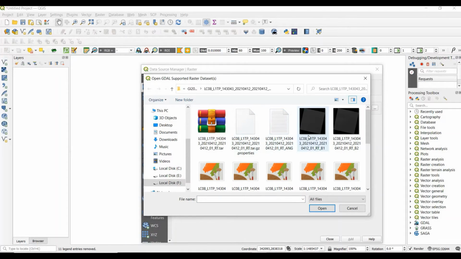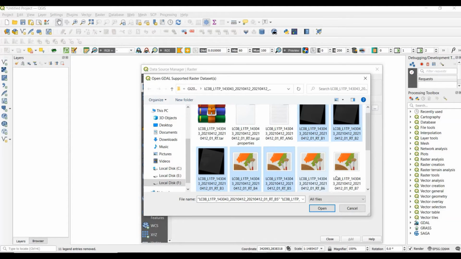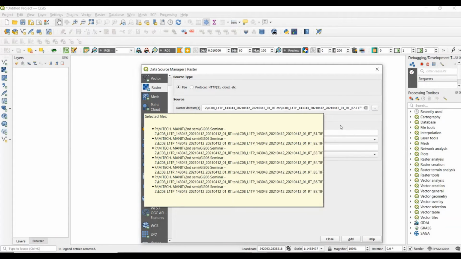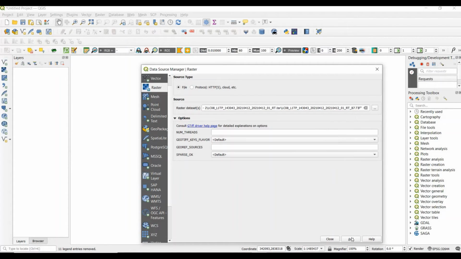So these are the Landsat data. By selecting open, we can see here this is the path of data where it is stored.